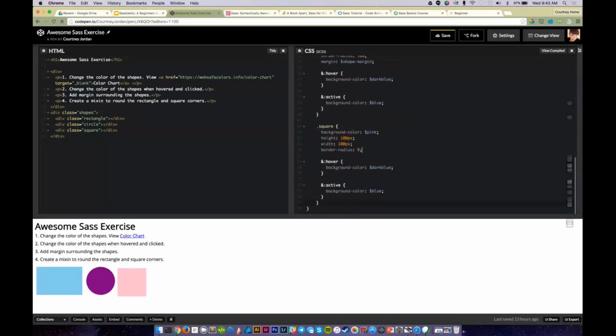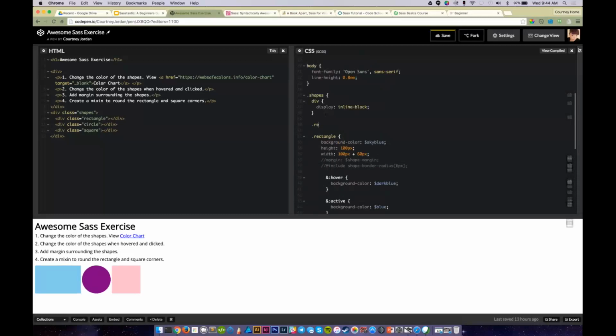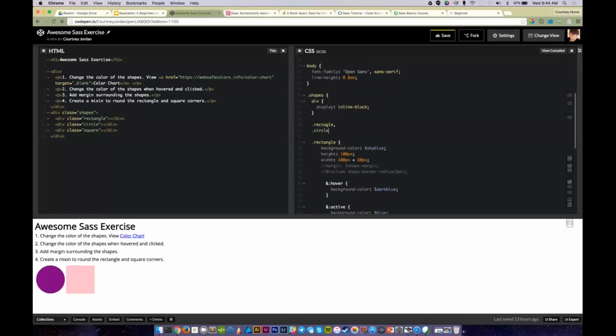All right. But if you want to do something easier than having to add it in 3 spots, you can combine all the shapes.